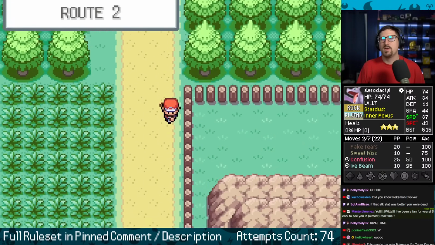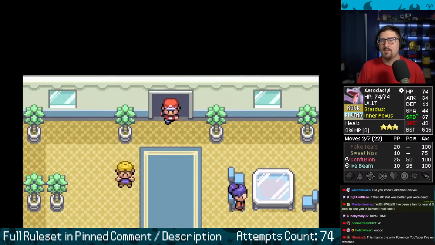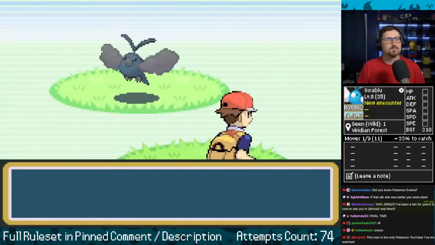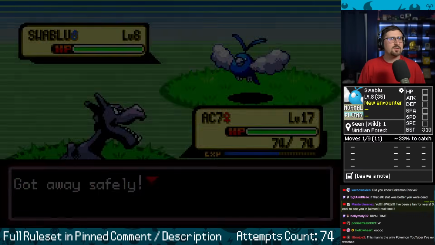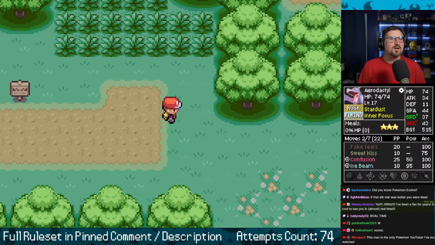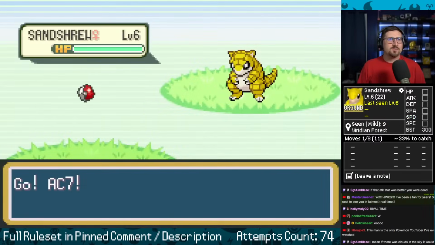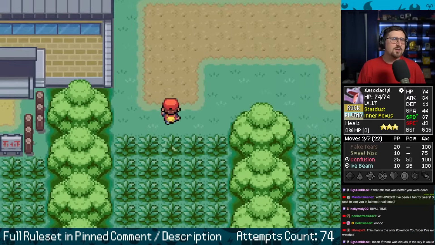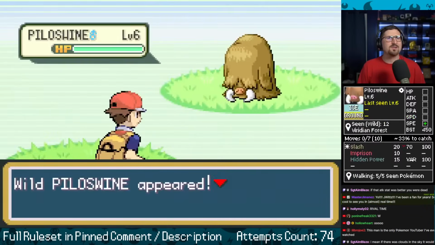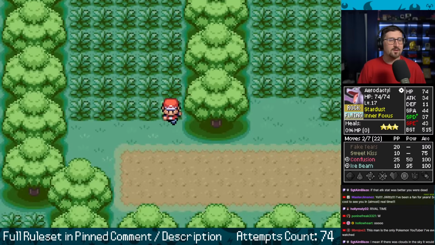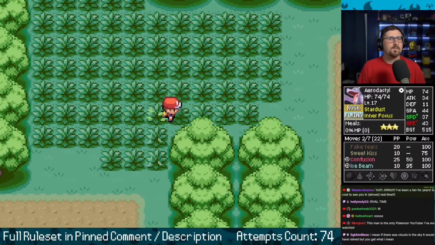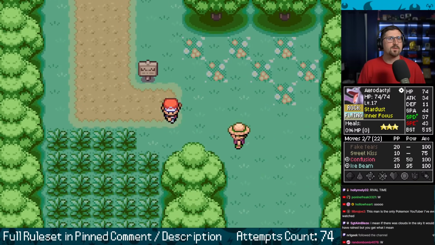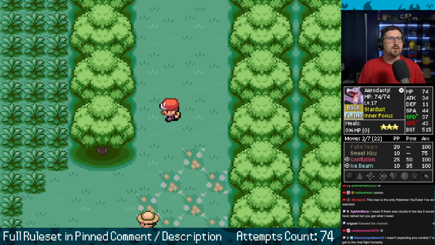I think I've gotten a lower amount than usual for this stage of the run. But we can grab a little bit extra by going back and battling our rival again. Good on you, Ace Combat 7. Yeah, listen. Scouting gives you the maximum chance of having a good mon. I could sit there and grind out. Maybe, to be honest, everything I've seen in the grass has not looked that good. So, I'm not complaining. Finally safe. Get out of here.